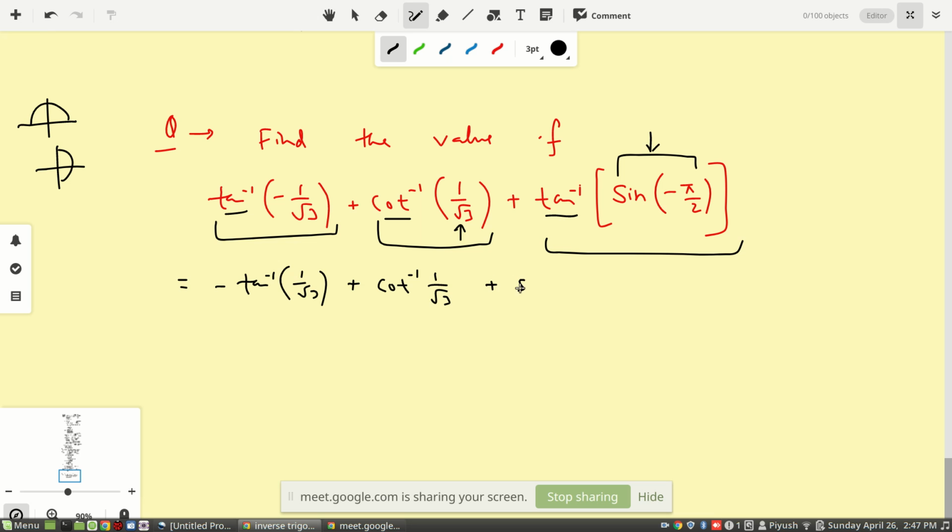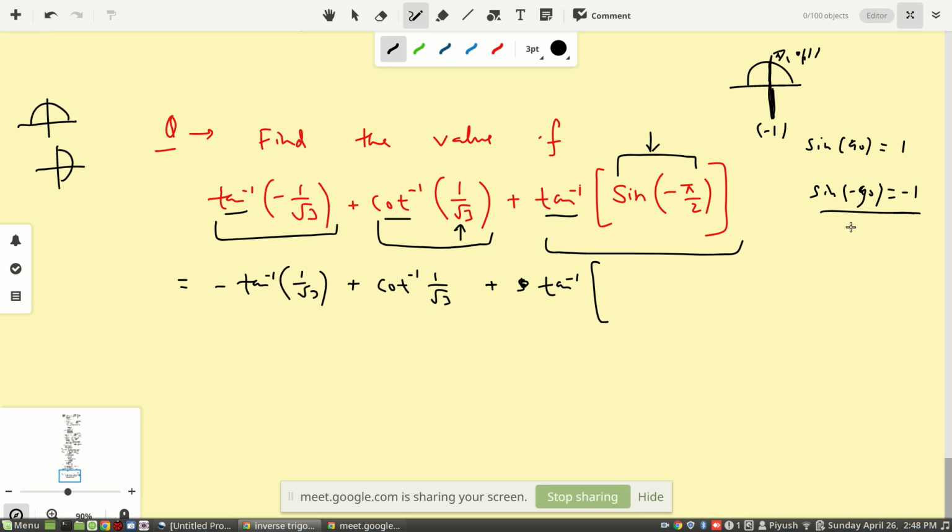And here we are going to do it stepwise. First of all you are going to solve the inner one. So minus 90, which means sine of minus 90. You should know that sine of 90 is 1, and on the same line the magnitude doesn't change. If the value is 1 here, then on the same line it will be 1 magnitude-wise. Since sine is negative here, this will be minus 1. So sine of minus 90 is simply minus 1. Okay, I hope you got this. These kind of basic things we have done earlier. So if I solve this one, it will be minus 1.